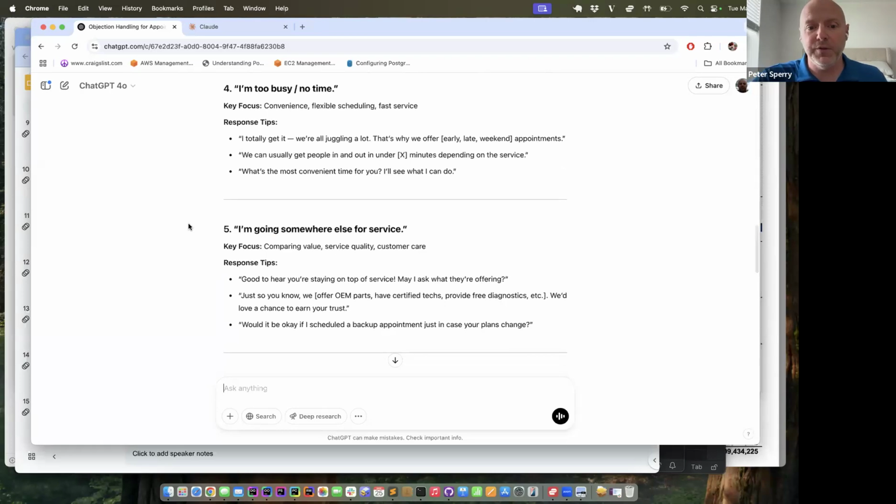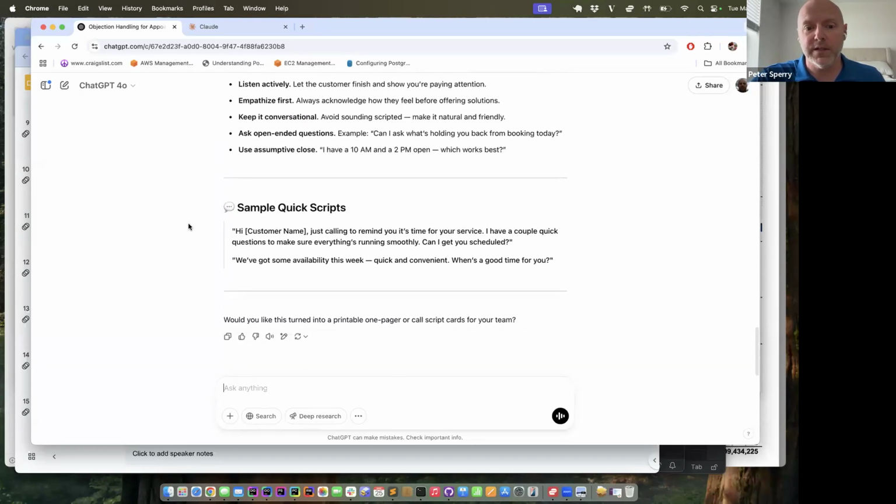One of the things that we could do is ask it to refine these. So again, prompt refinement is huge. Probably what I would do next is try it again, and I would use the flipped interaction pattern, where we ask it to ask us questions so that it could craft a better response.